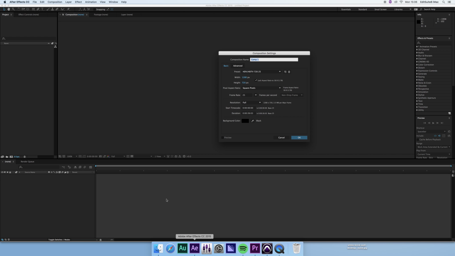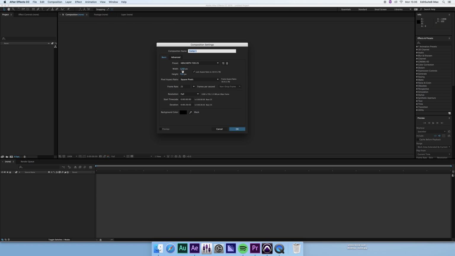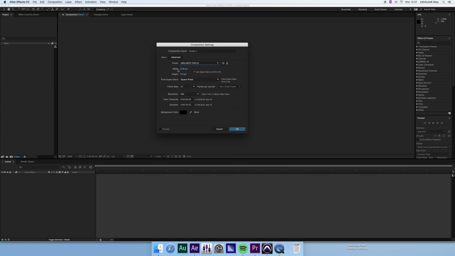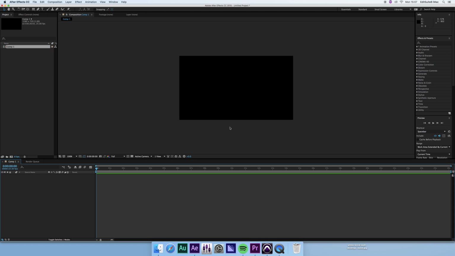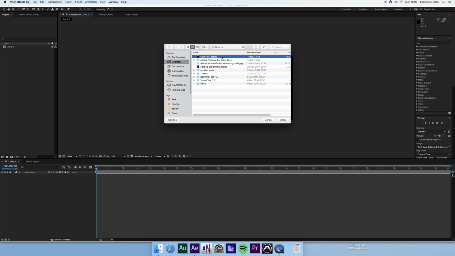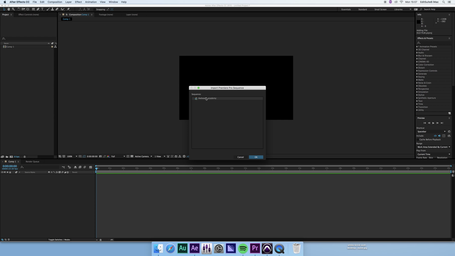If I go into After Effects, then when I start a new composition, check that those things match so that your footage matches. There's all these here, or you can do custom, but if I choose this 720, that's the correct one to match the settings that I'm going to be importing. I then go to File and Import, and I can actually import this file directly from the Premiere Pro project file because it's part of the Adobe suite. Obviously all the software is compatible,